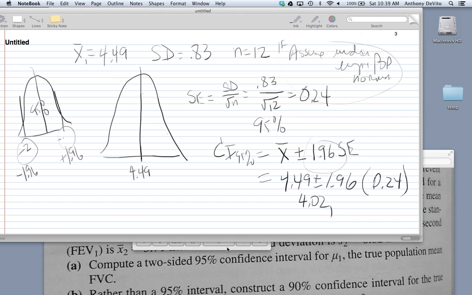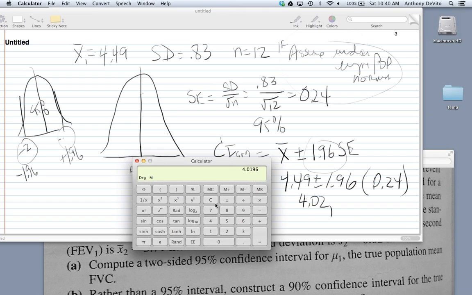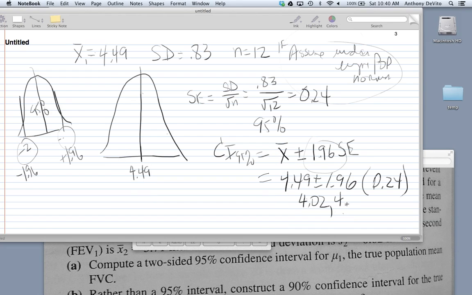And the upper limit for our confidence interval is going to be 4.49 plus our margin of error, which is going to be 4.96. So we're 95% sure, based on the sample that we took, that the true population,